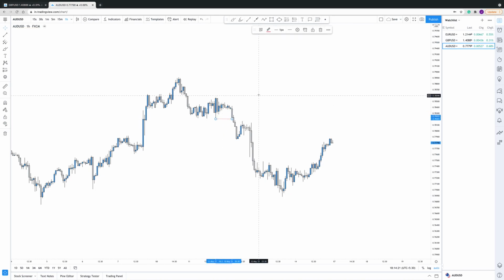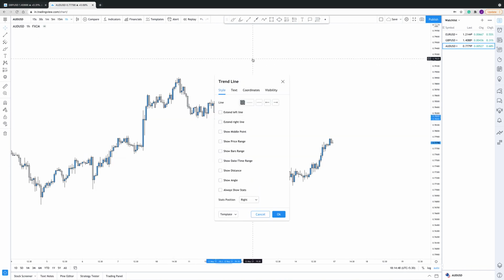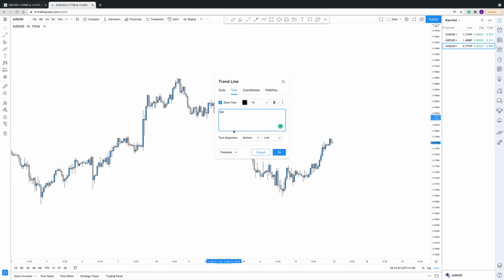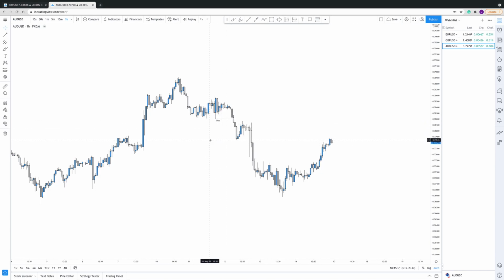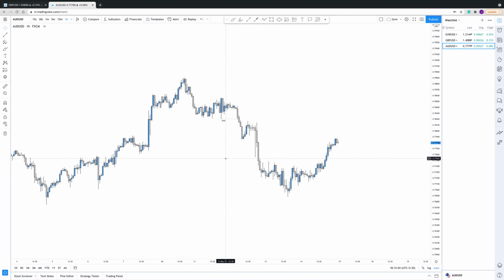So what we can also do now is have our different saved, you know, if it's a breaker structure, liquidity, imbalance. So what I've got here is BOS B, which basically means breaker structure on the bottom. So it means BOS and it's shown on the bottom, just like that. So how we make that is, have the style you want, whatever that may be. This is what I have. Text, put your text in, and then go down to templates, save as, and then save it for whatever it is. So you can see breaker structure,